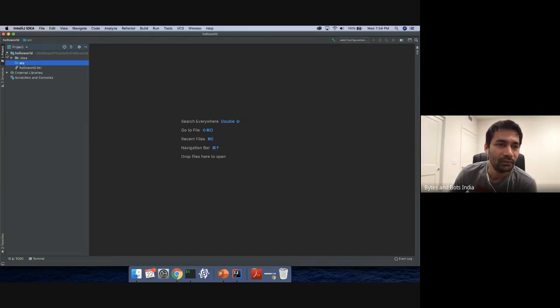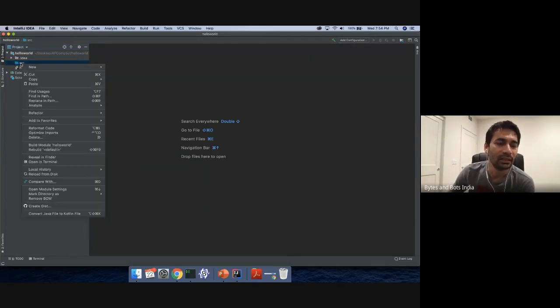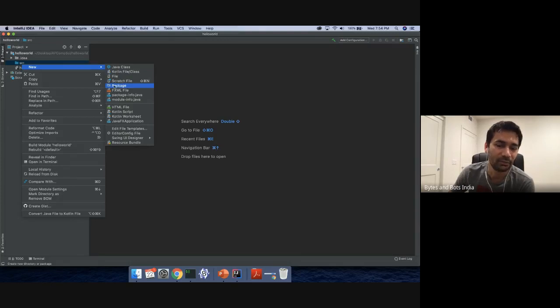Now, if you expand the hello world directory, you'll see there's a folder named src. Mostly all Java programs end up in a folder named src, which is source code essentially. Here we'll first create just a hello world program for us. We'll not go into big details, but technically we should have made a package first. We'll do it in later sessions. For today, we'll create a Java class file.